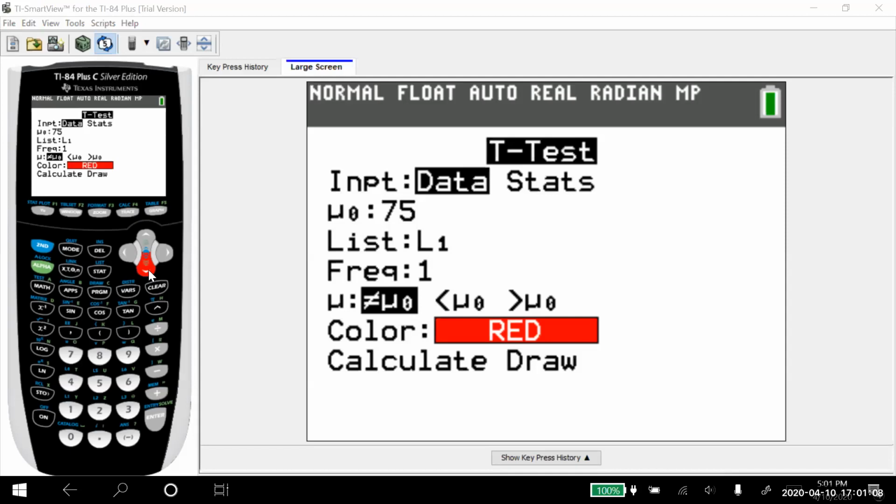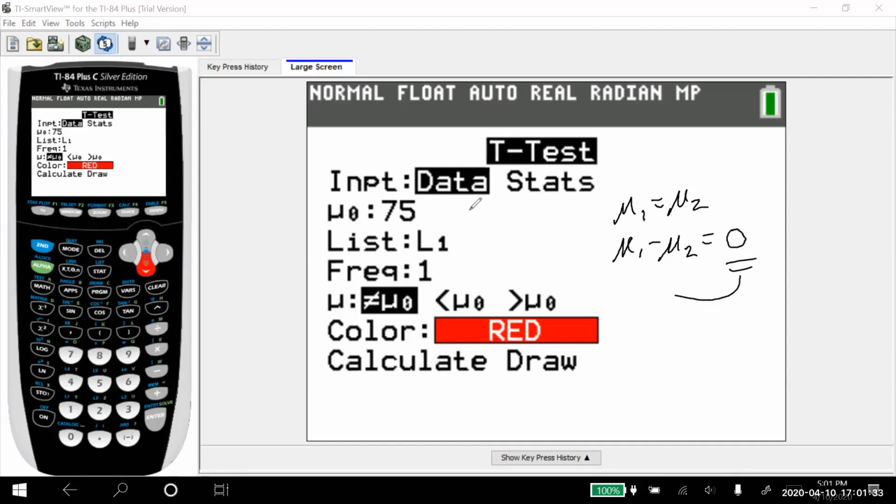We originally said in the null hypothesis that mu1 is equal to mu2. Well, math, where you just slide that over, becomes negative, or subtract the mu2 from both sides. If those were equal to each other, when I subtract them, I get 0. That's what I'm going to plug in for my mu sub 0. So I'm saying 0 because I'm assuming there's no difference